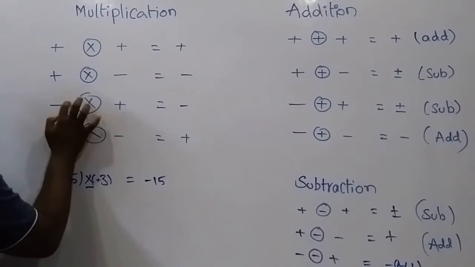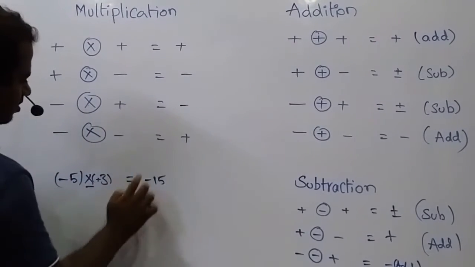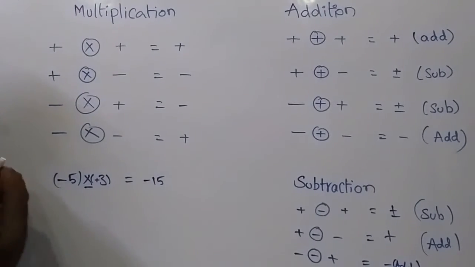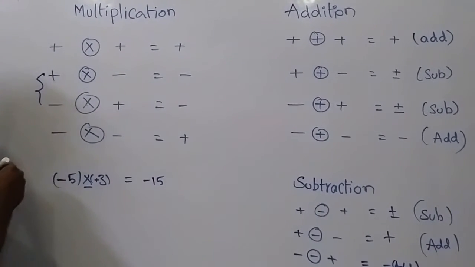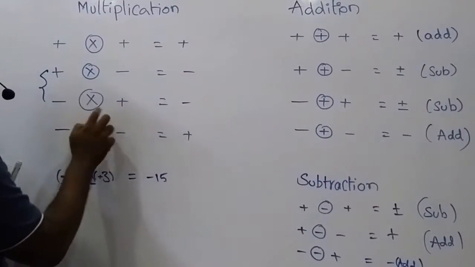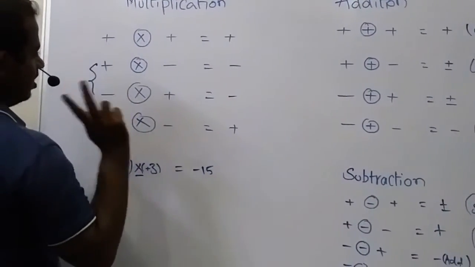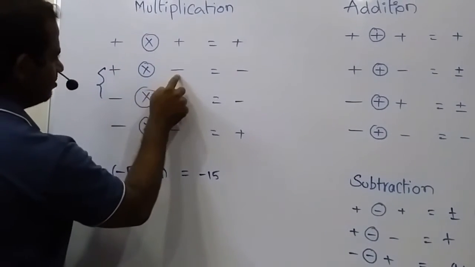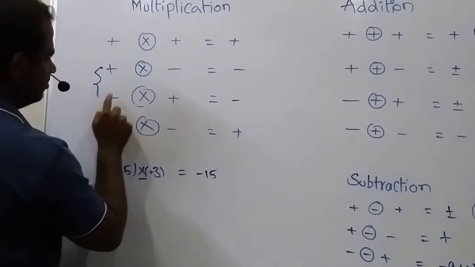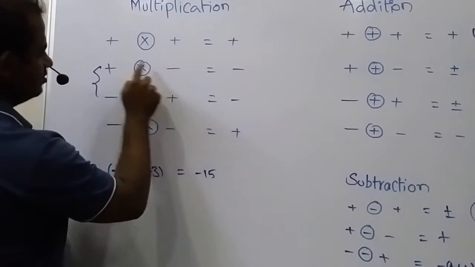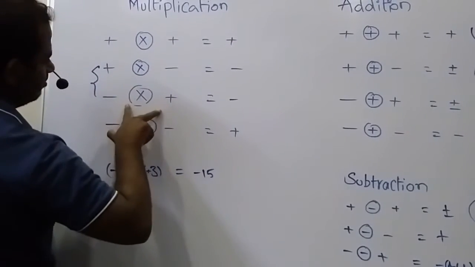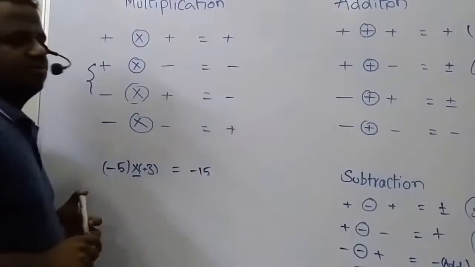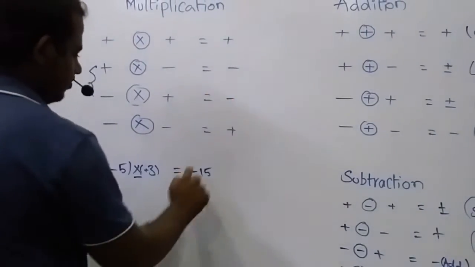If you are multiplying a negative number with a positive number, the multiplication result will have a minus before it. So from these two steps, what can we say? In case of multiplication of two numbers, if either the first number is negative, as in this step, or the second number is negative, as in the previous one, then out of the two numbers, if one number is negative, the multiplication result will have a minus before it.